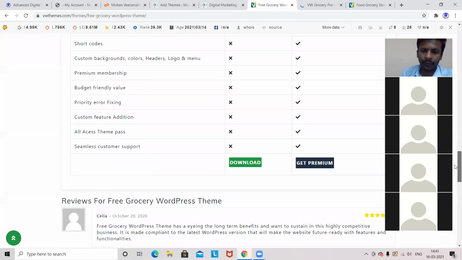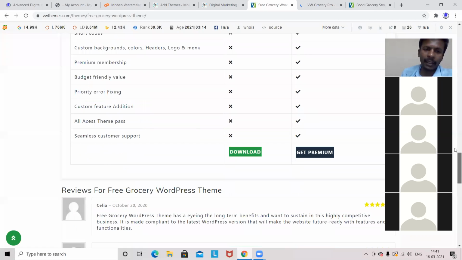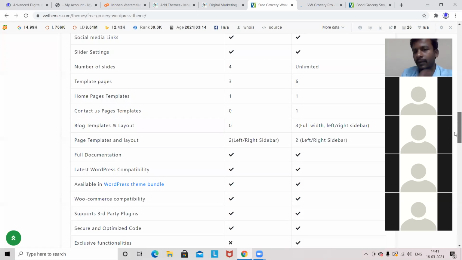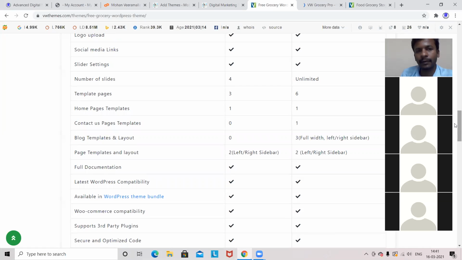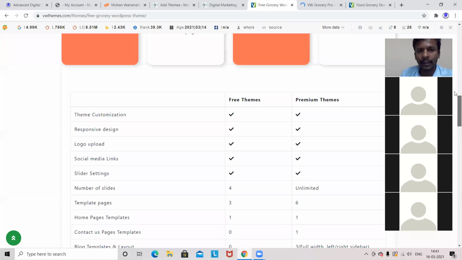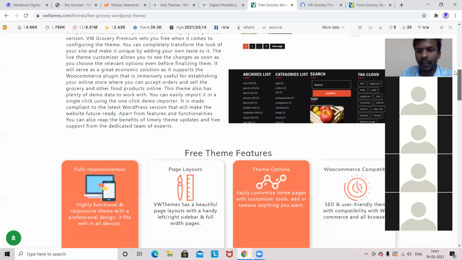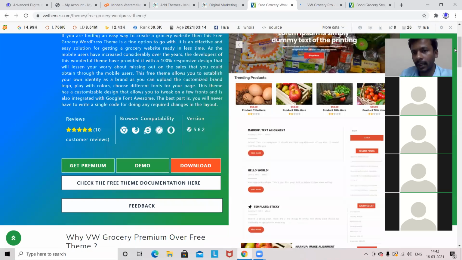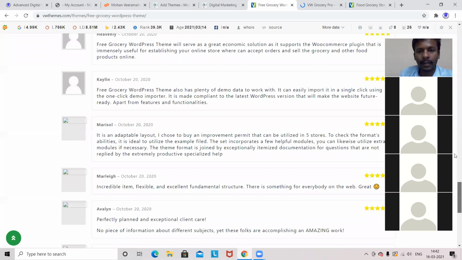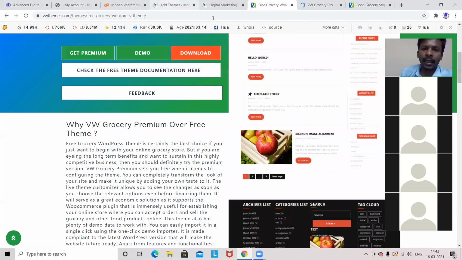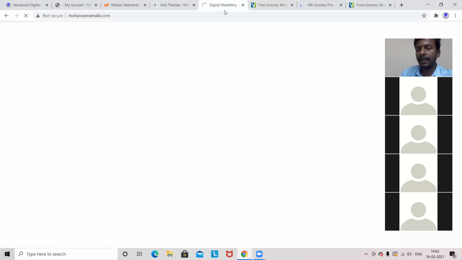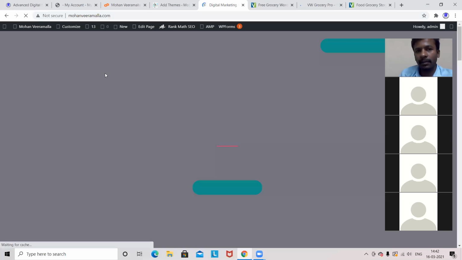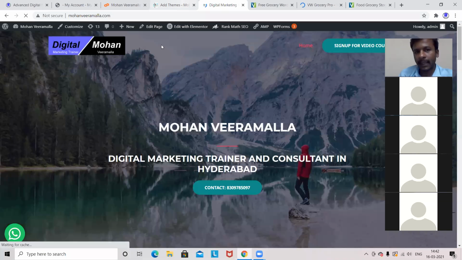Sometimes if your client is going with limited access, saying okay, this is fine for me, then you can go with the free one. Or for yourself also, if you want to go with the free one, you can design a site. And the theme you are seeing is an e-commerce theme, not a normal theme, that means a shopping related theme. Here, I'll not suggest taking big themes from here. If you are going with small themes, then that is fine. Big themes, don't go in this way.